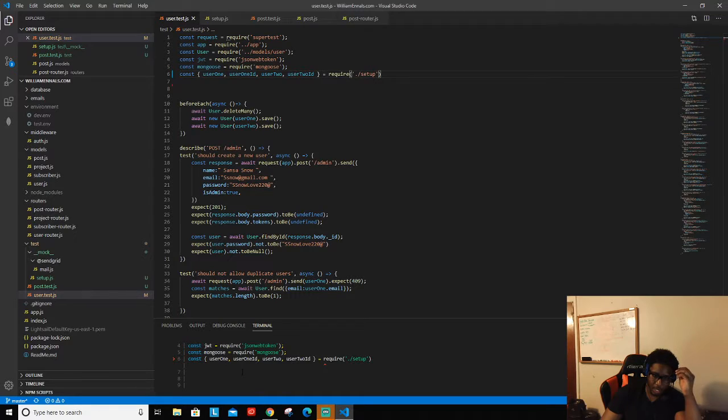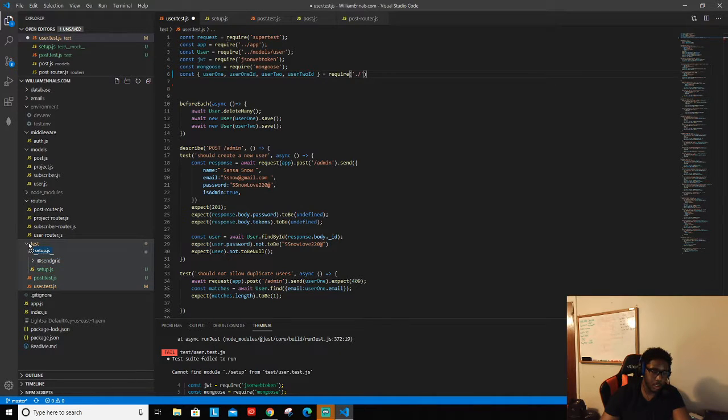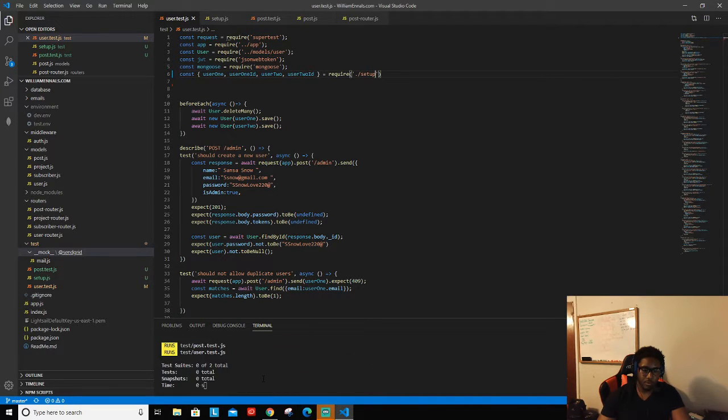And as you can see, we're already having our issue here. I'm expecting the post test to fail, and the user test is failing because it can't find our setup. Let me figure out what's going on there. If I do dot slash, I wonder if it put this under, yeah, it did. So I need to get this out under the test directory. There we go, that's why it didn't show up before. So dot slash, and there we go, setup. So if I save that,